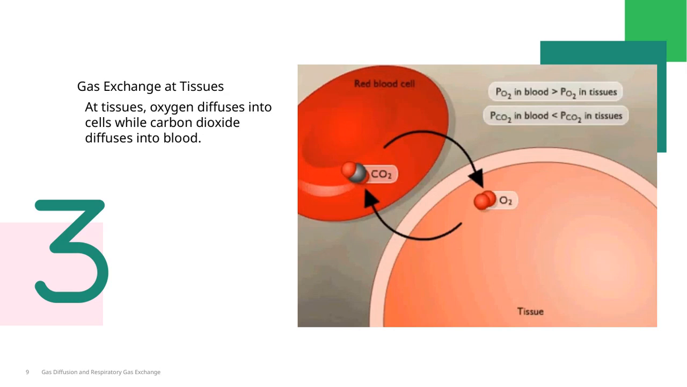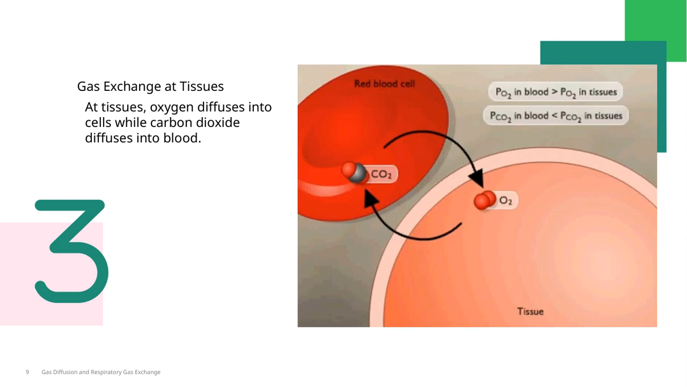Now, let's talk about what happens at the tissues during gas exchange. When blood reaches the tissues, oxygen needs to move from the blood into the cells, and at the same time, carbon dioxide produced by the cells needs to leave the tissues and enter the blood. This process is driven by differences in partial pressure. Oxygen moves from an area of higher concentration in the blood to lower in the cells, while carbon dioxide moves